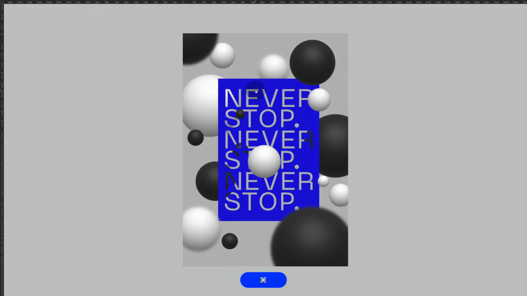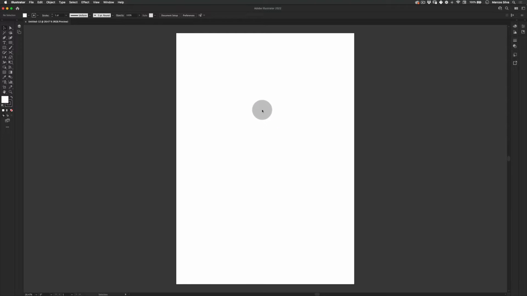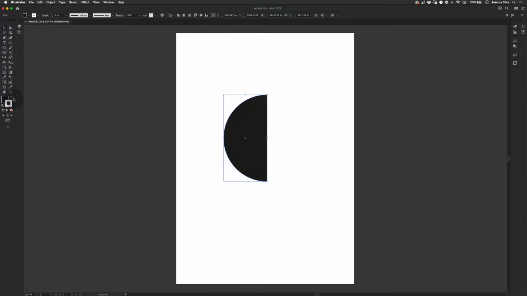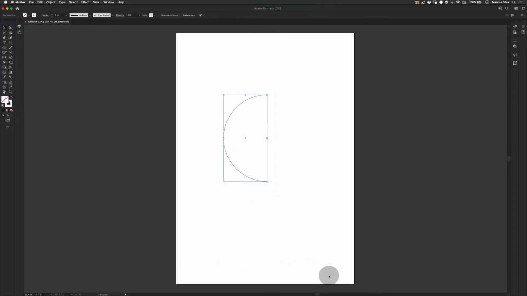The first thing, let's jump into Illustrator. I already have this file prepared here. We don't need to worry about the artboard size because we're going to do the final poster in Photoshop, and we can do that there. So to start, let's go to our toolbar and get the ellipse tool. Let's make a perfect ellipse. I'm holding Alt, Command and Shift to make it proportional. And then I'm going to delete, using the direct selection tool here, I'm going to select this side and then delete it. And then I'm going to change the stroke to be white,